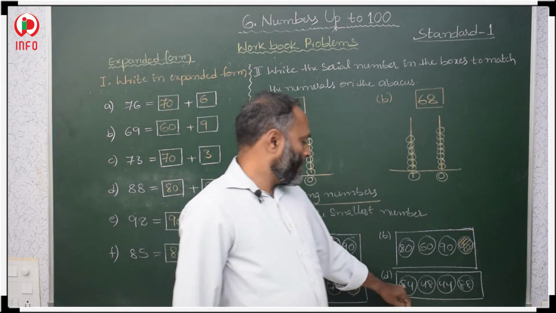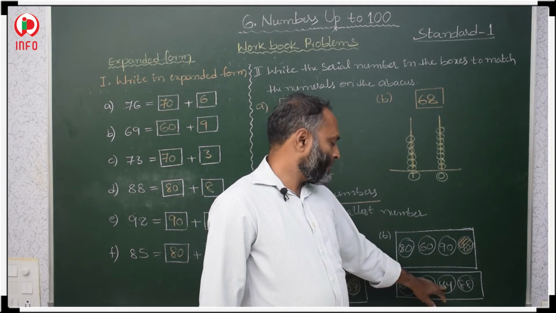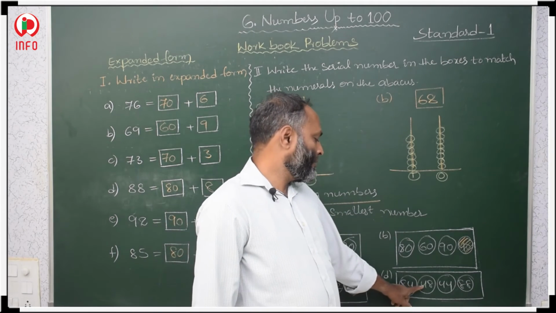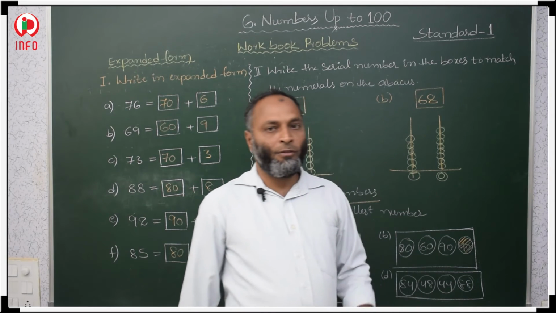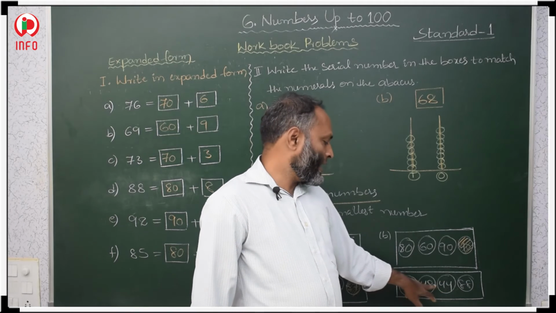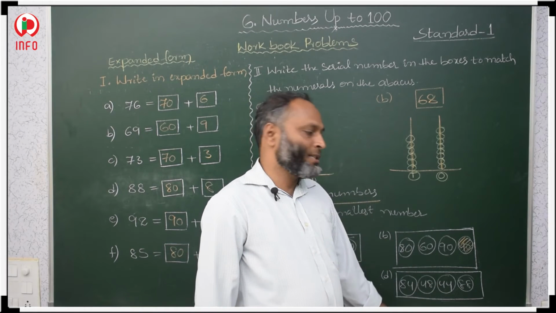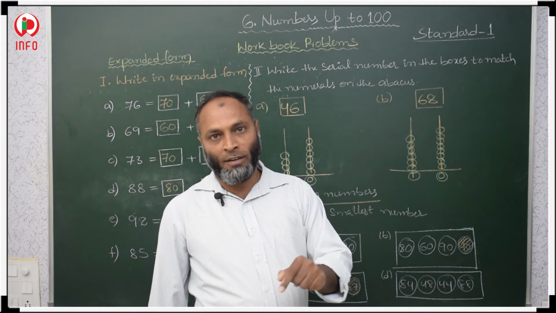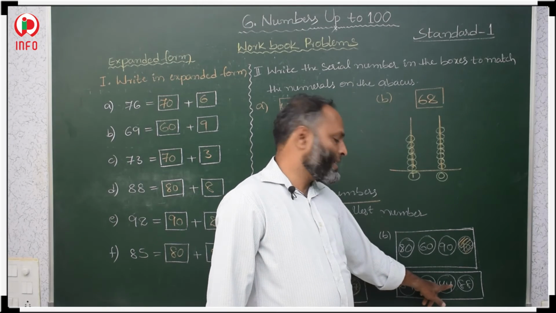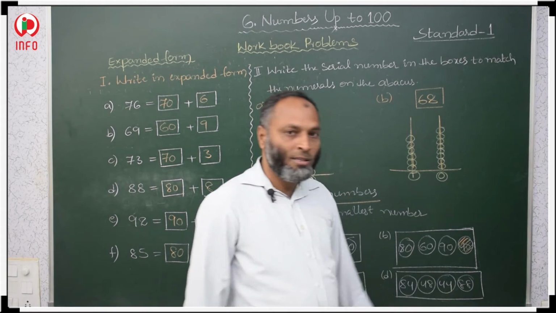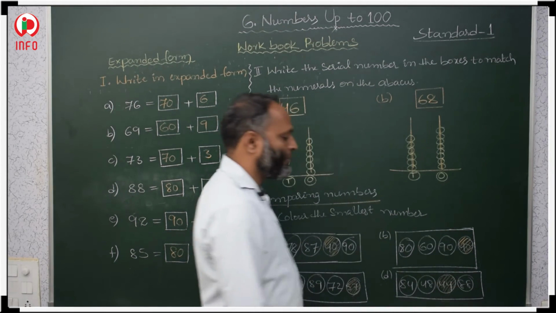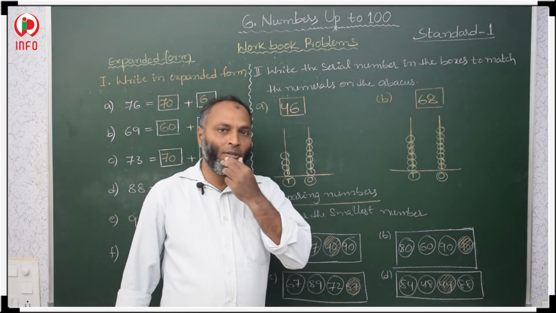The next 84, 48, 44, 88. Now tens place we have to check. 8, 4, 4, 8. 4 is smaller. These two are smaller. If these two are equal in tens place, now you check in ones place. If in tens place the number is equal, then we go for ones place. So between 8 and 4, 4 is smaller. So 44 is smaller. Color this 44. Like this we have to decide and color the smallest one.